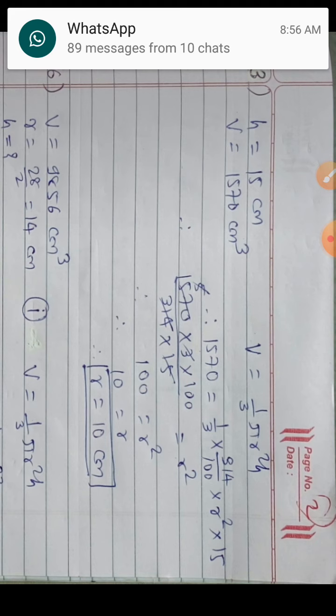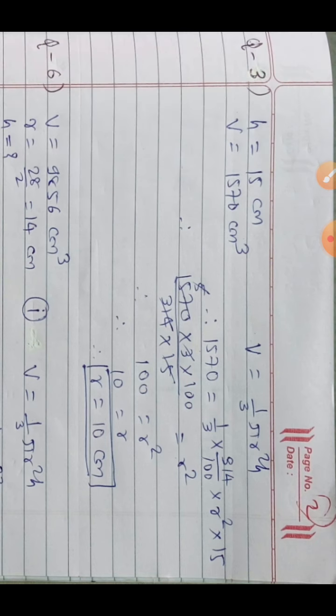Now everything is shifted towards the left side. Why? We want to find R, means R square here. We cannot find R directly. First R square, then R. Now don't think about how I cancel and simplify the given step. You yourself try. There is 314 into 5, 1570 becomes. Then in the numerator 5 and 3, so 5 3s are 15, cancel with denominator 15. So left is only 100.